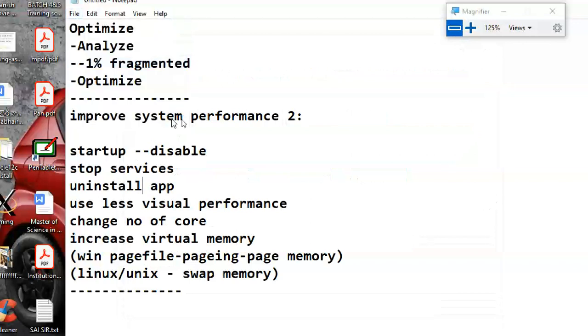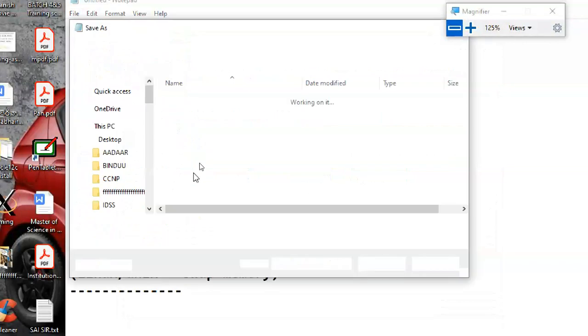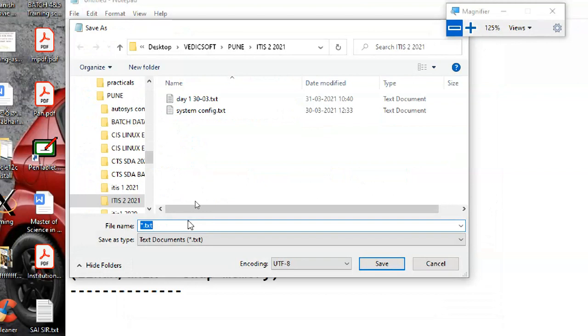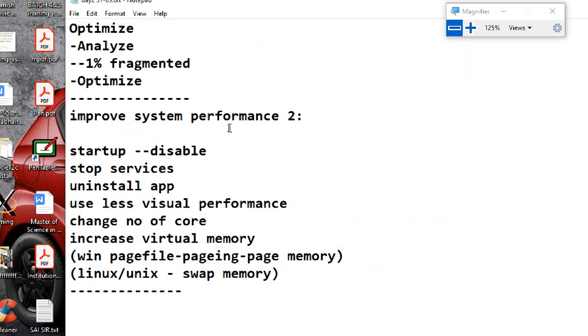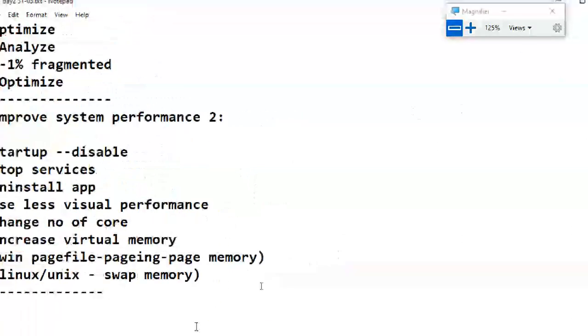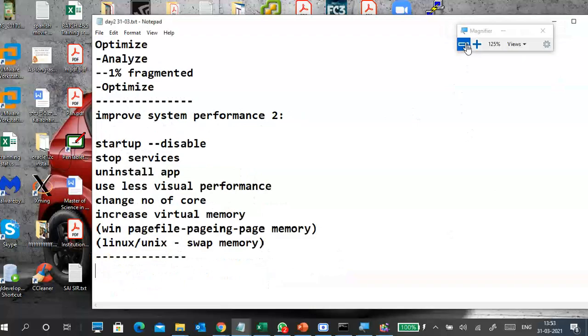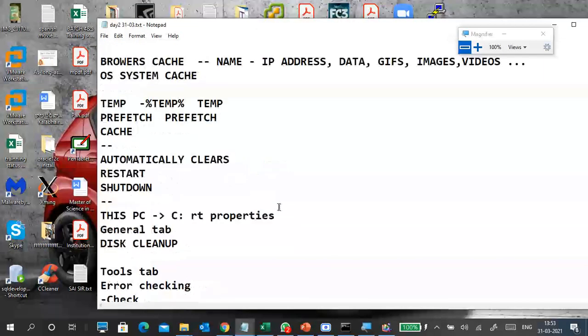Meanwhile, I will save. Guys, any doubts, you can ask me. In the evening, I will share this file with the total of today's class, so you can easily understand what we discussed.